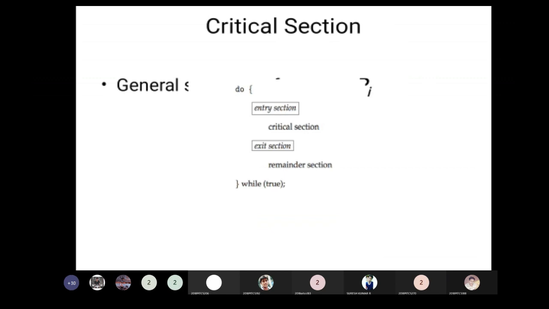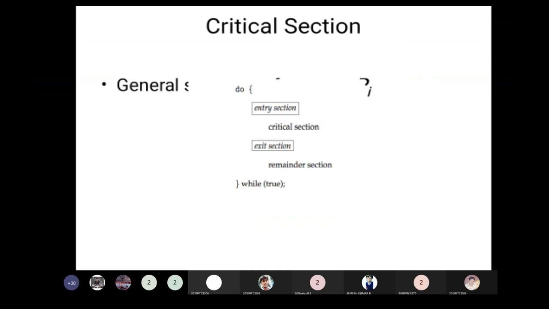will be put there. Like how every process should ask the operating system that it needs to enter the critical section. So through the entry section, after it is given permission, it will execute the statements of the critical section.